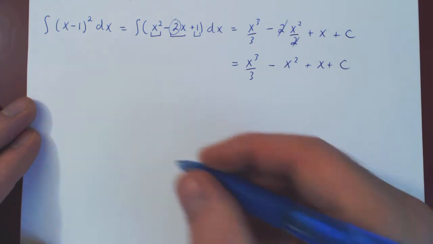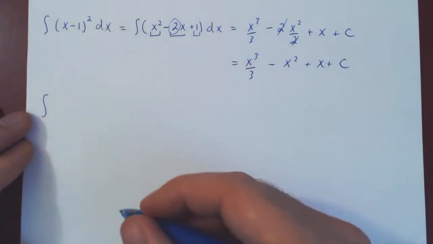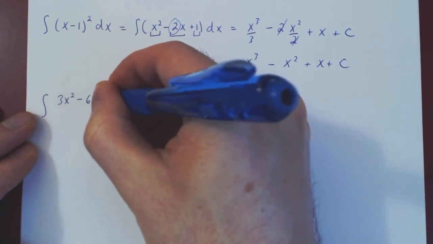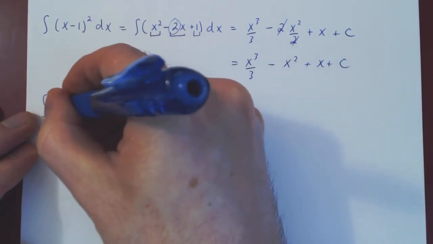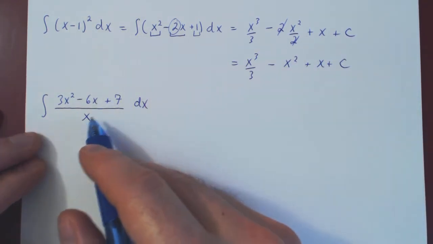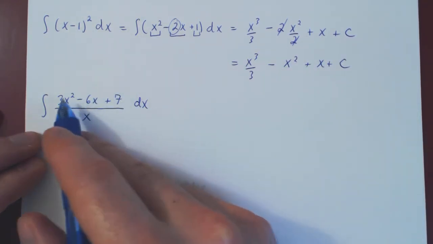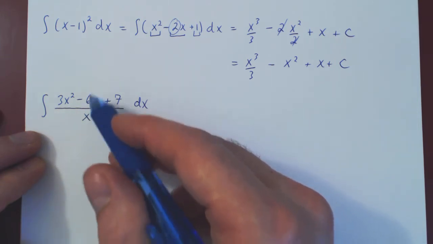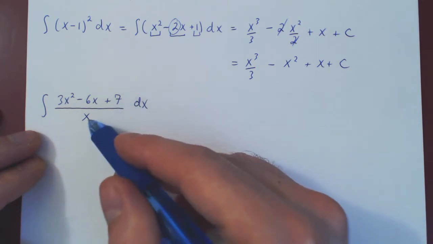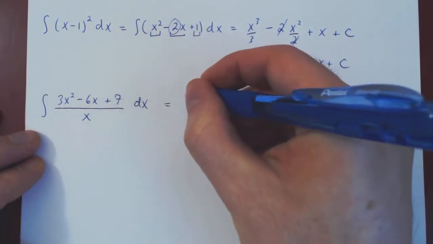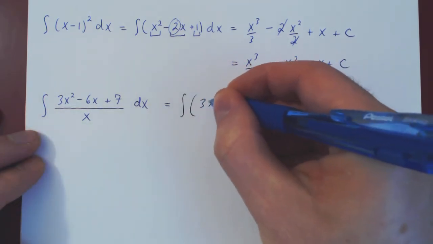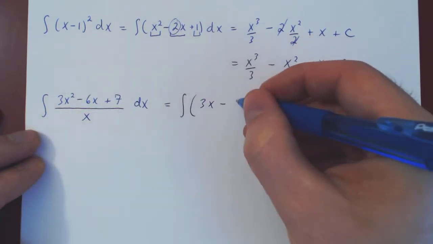So let's look at two examples. What if we integrated 3x squared minus 6x plus 7, and we'll divide quite simply by x. So if we keep the function the same as it is, we can't integrate over a division, but as we are dividing by a single x, we can divide through each term by x. So let's do so. 3x squared over x is 3x, minus 6x over x is 1, minus 6,